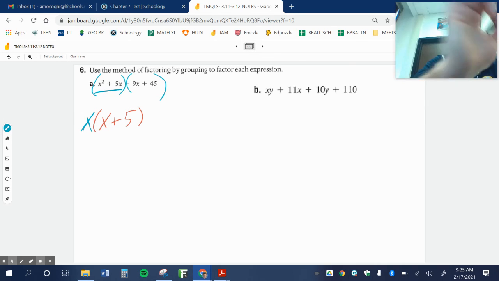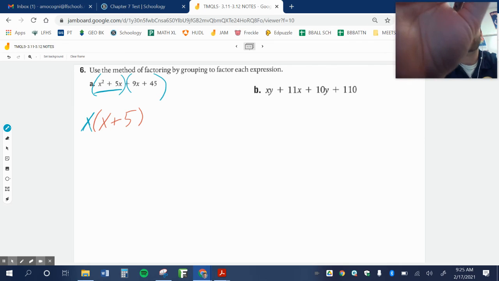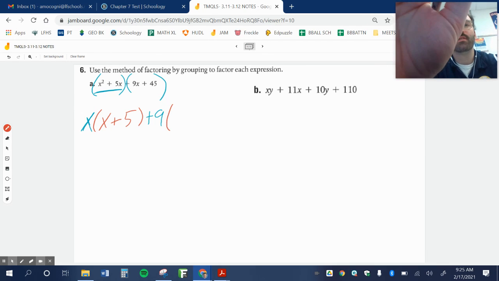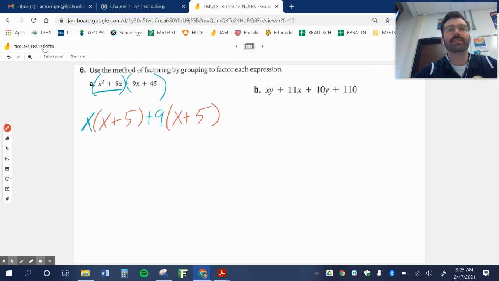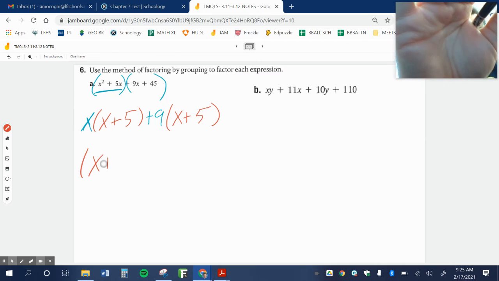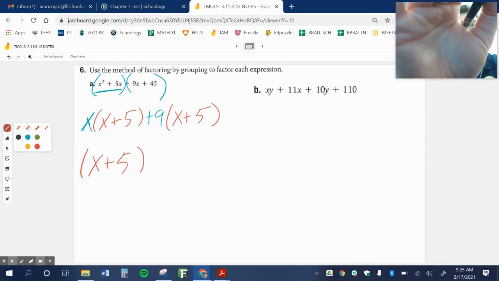The GCF between 9x and 45, well, 9 goes into 45, so it's positive 9. And what's left over? I have 5. Well, if you look there, I got x plus 5 appearing twice. That means I win. X plus 5 is one of the factors. The other factor,